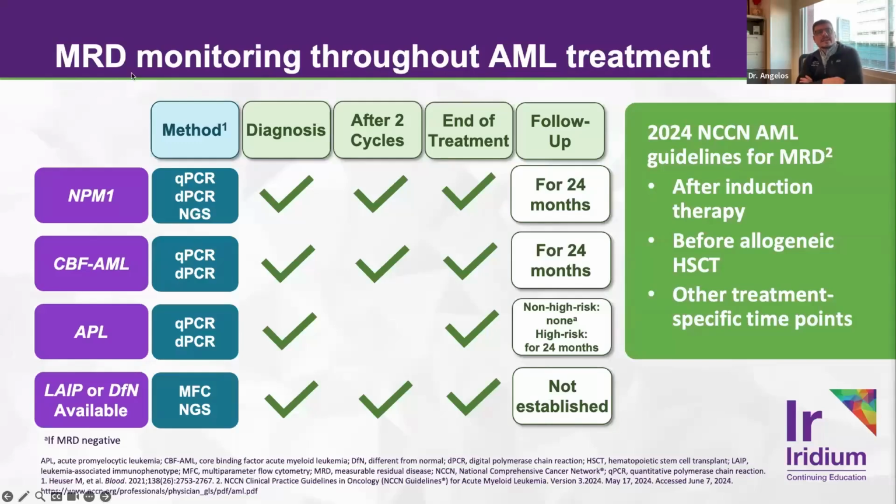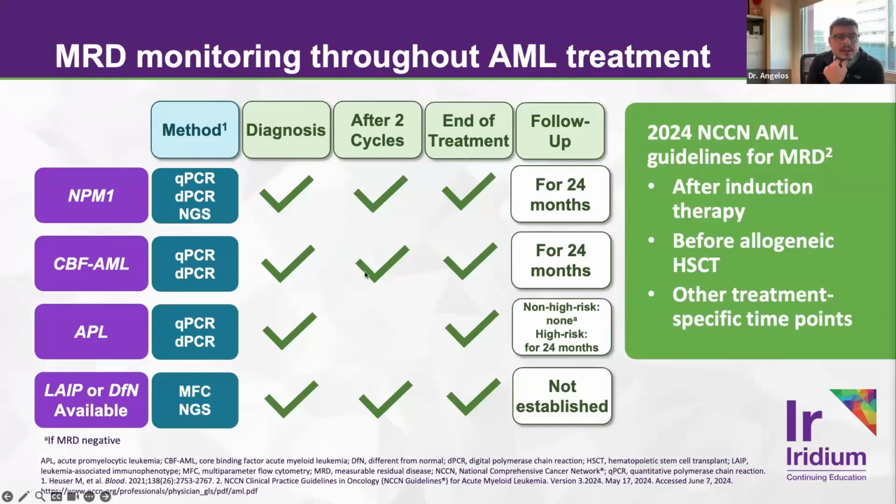In terms of MRD, this obviously has important prognostic pieces of information that we use to make clinical decisions. And the NCCN has recently put together some guidance here on the types of MRD methods we should be using, as well as the frequency of testing for MRD level disease. It's important to make sure that you do collect at diagnosis the MRD test that you were going to then follow the clones throughout a patient's leukemic course with.